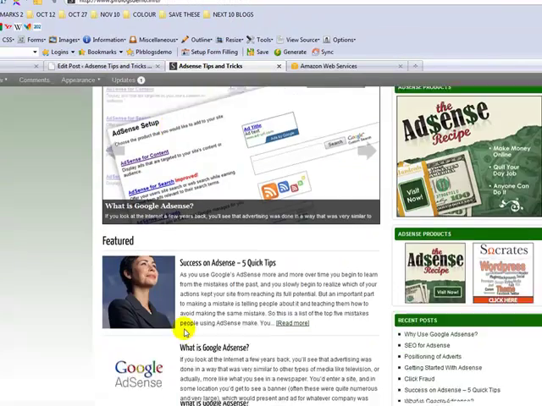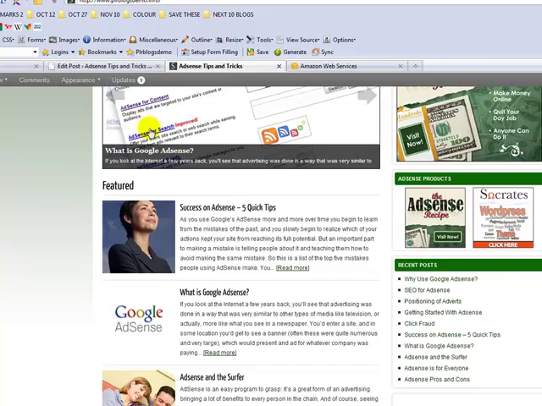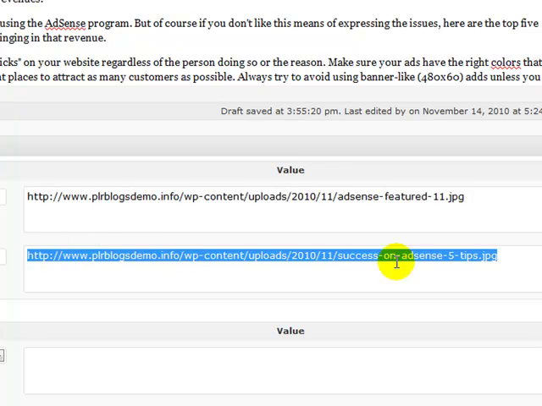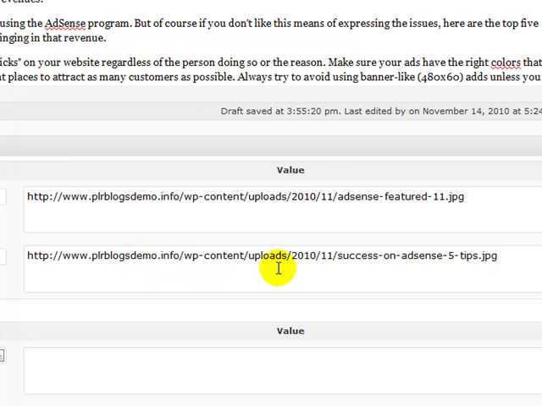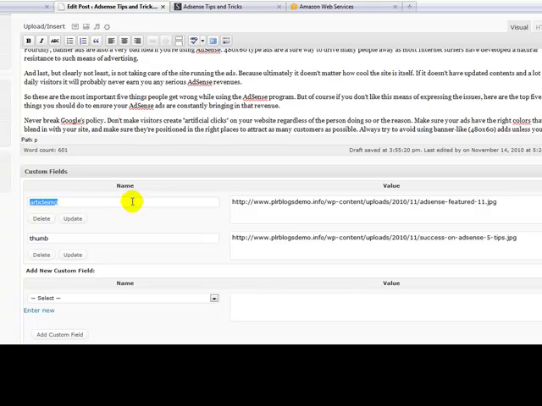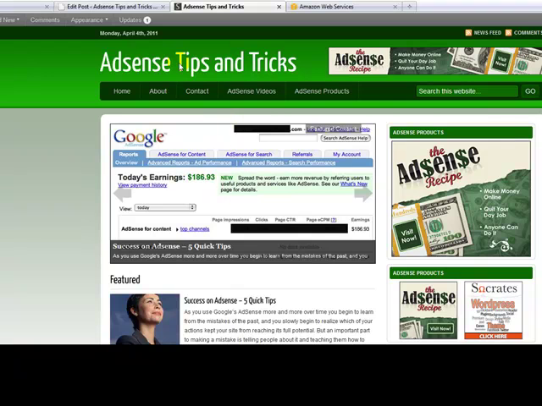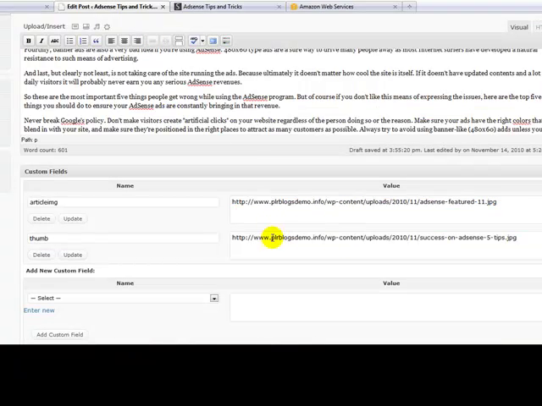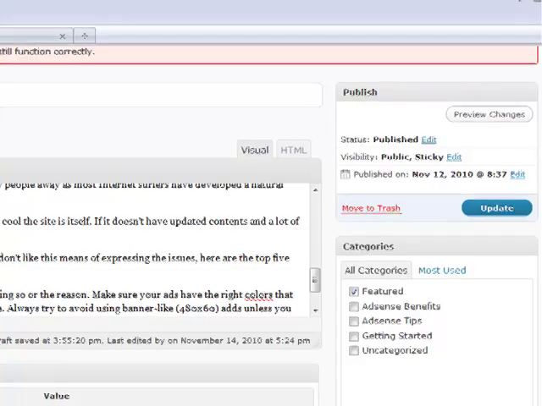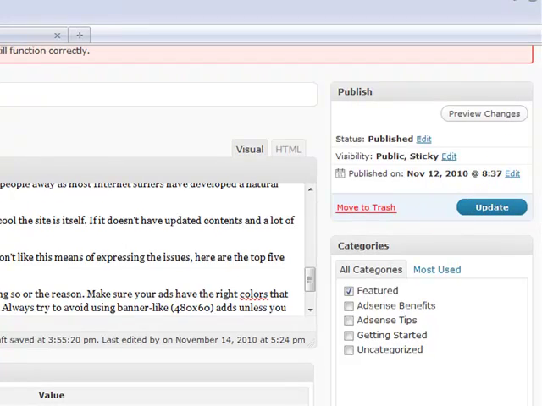If you want a thumbnail image to appear alongside the post, then you just type thumb, and in a very similar manner, you have the URL that WordPress gives you after you've uploaded your thumbnail image, which is I think around 150 by 150 pixels. So that's the main difference. Article IMG is for the featured content slider, the large image. Okay, so I hope that makes sense. And then of course you just update your post. Click update once you've added that image,